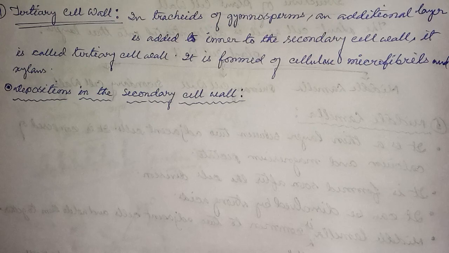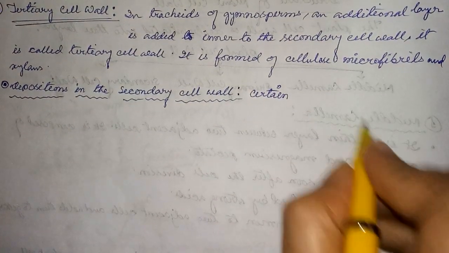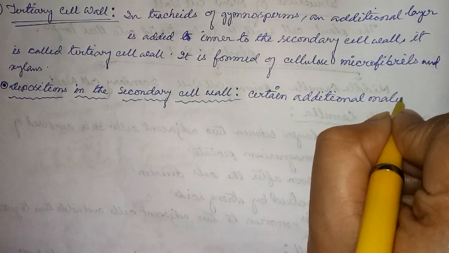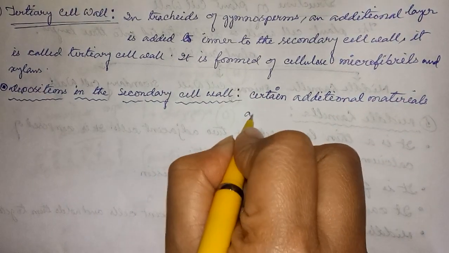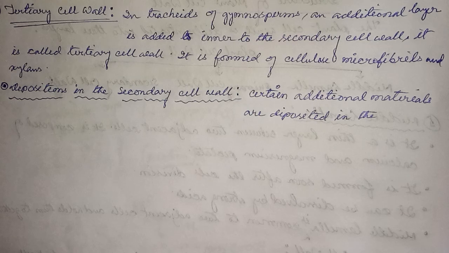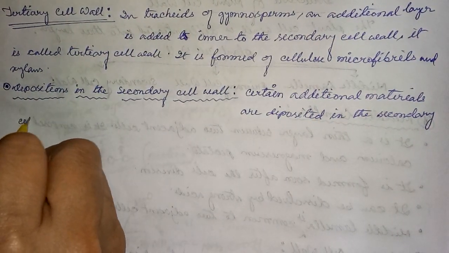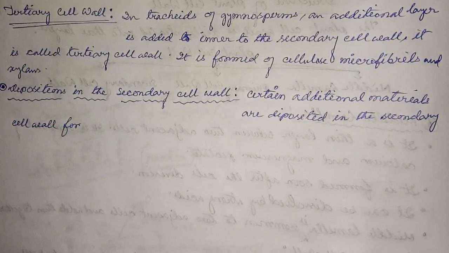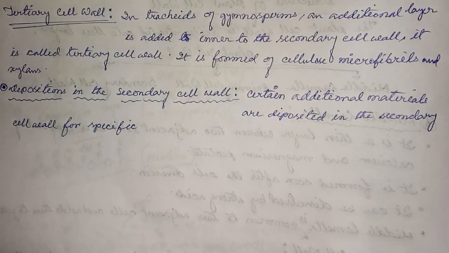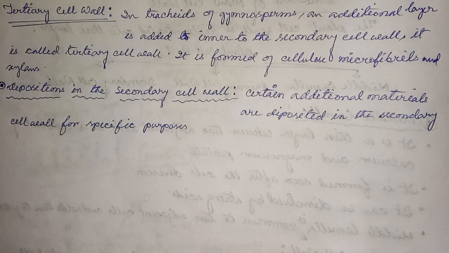Certain additional materials are deposited in the secondary cell wall for specific purposes. These depositions are